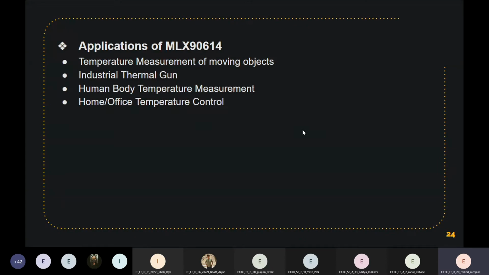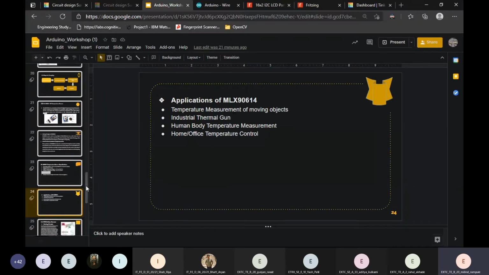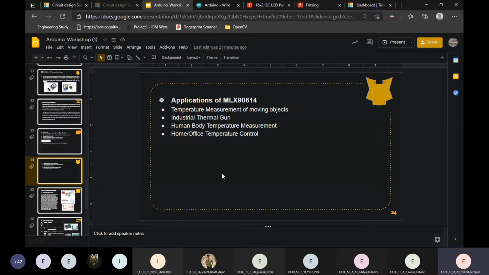Now we head over to the application. As I said, industrial thermal gun and temperature measurement of any moving objects, and home office temperature control. These are the applications of the sensor, and we will look into this diagram, like how the connection is on